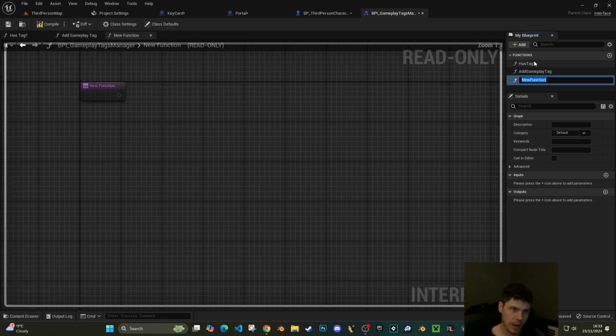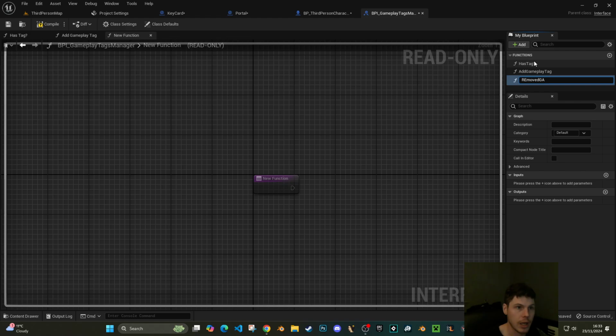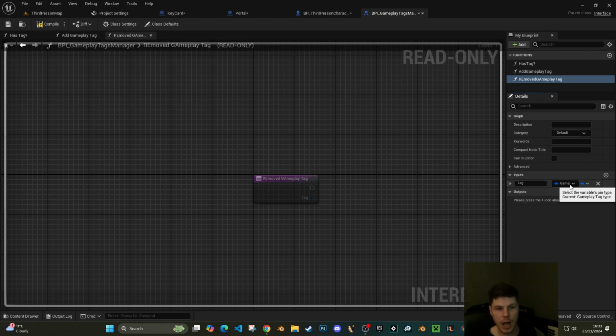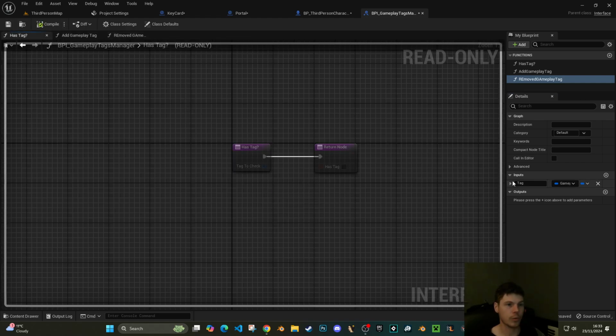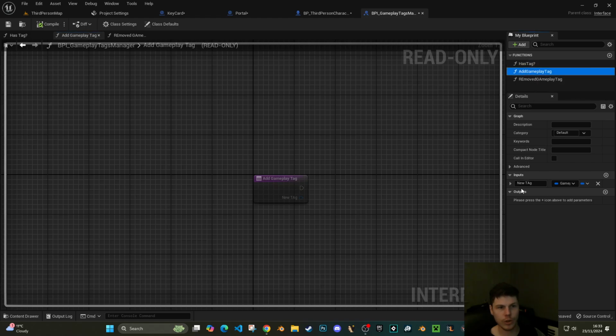And then same again, we need to make a remove gameplay tag. There we go, remove gameplay tag. The input is again going to be tag, and then it's going to be the type of gameplay tag. So we should have three things here. We've got a has tag with an input tag and an output of, where's my output gone? Oh, there it is. Boolean. Add gameplay tag, which is going to be an input of a tag and no output, and then remove again, another tag,